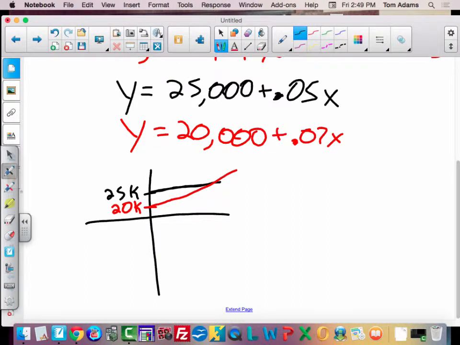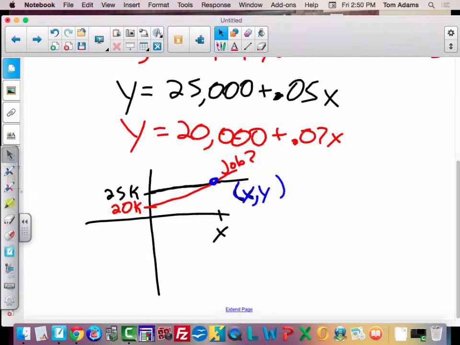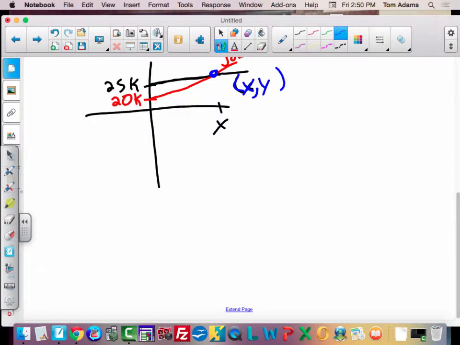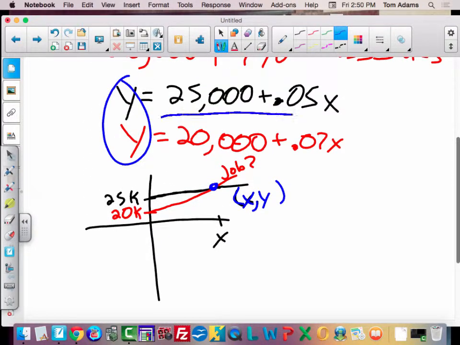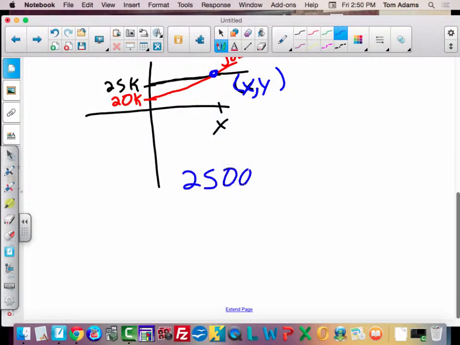What we're looking for is the intersection, because after the intersection, job 2 pays more. So we're really looking for what x value this occurs at. You could graph it all day long, but I want to show you how to do it algebraically. At some x value, what do we know about the y values of both functions? They'll be the same. If this equals y and this equals y, then those two equal each other. So I could say 25,000 plus 0.05x